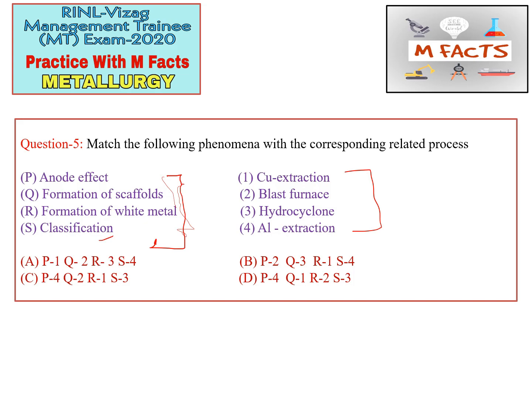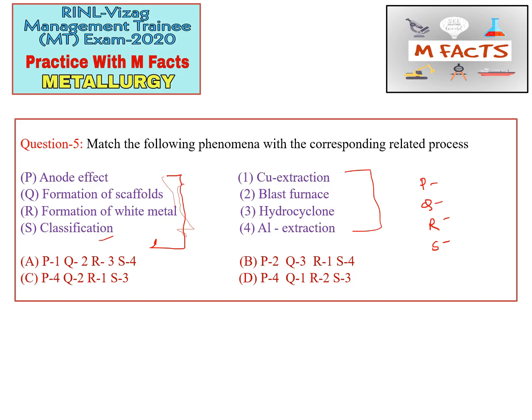Okay, so every time we go by that route, there is a chance of making silly mistakes. So first we will write P, Q, R, S, and we will try to generate our own code through these PQRS values. I have already told you in two videos that for doing matching, we need to identify one of the odd things or the common things from group A or group B.